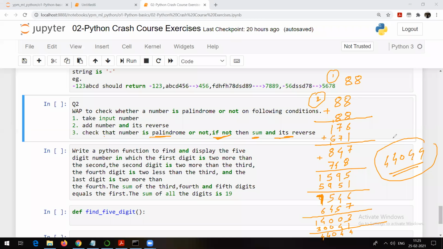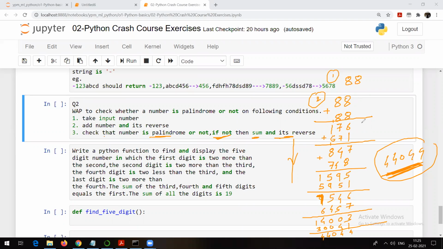So now see, let me tell you, this is mathematically already proved that if you take a number and its reverse, and if you go on adding like this, one point is definitely going to come where you are going to get a palindrome. So do not worry about whether there is any situation where you will not get a palindrome. No. It's mathematically already proved. If you go like this, definitely one point will come where you will get a palindrome. So yes, see, I got a palindrome.